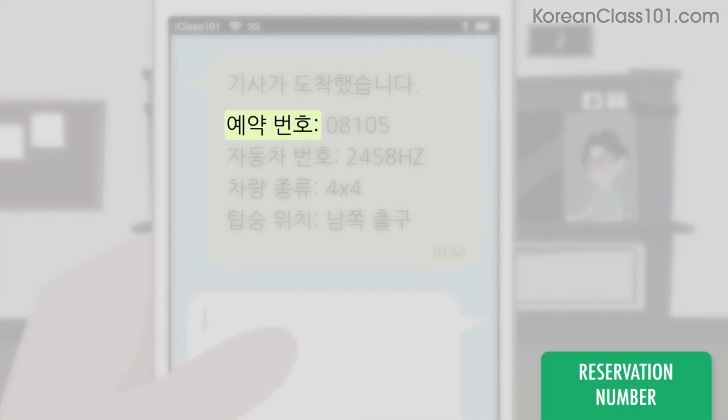The number in the text message refers to the reservation number. 예약 번호,